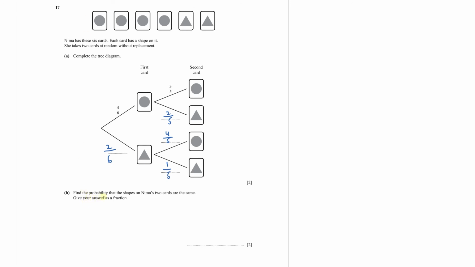Part B is: find the probability that the shapes on Nima's 2 cards are the same. Give your answer as a fraction. So how does Nima end up with 2 cards which have the same shape? That means if I get both circles or if I get both triangles. So this probability will be